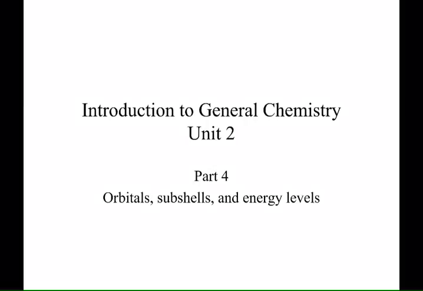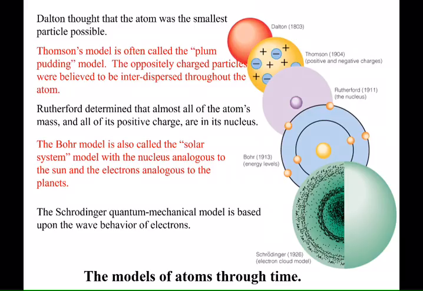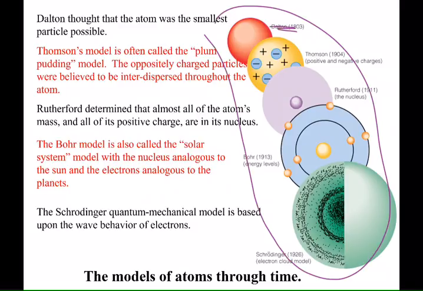In this unit, among other things, we've been talking about the basic things we know about the atom. And actually, this is a slide from earlier where we talked about what we know about the atom has changed over time. Remember, we started with Dalton, just knowing that matter is made up of these mysterious things called atoms. Thomson recognized there were positive and negative charges within an atom. Rutherford recognized the idea that atoms have a nucleus where the protons and the neutrons are. And then Bohr said, well, hey, the electrons are more organized than you think.